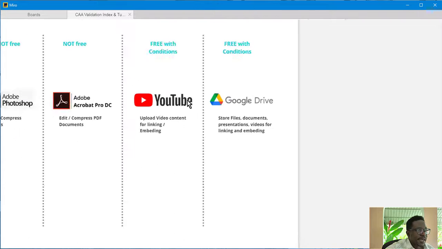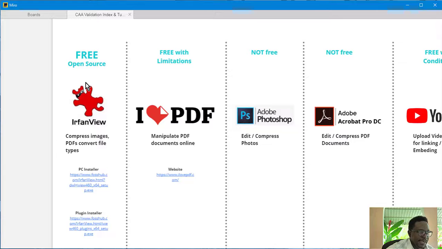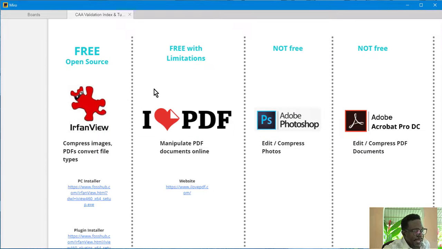Okay. Now, for some of us, especially the Design Studio modules that have large PDFs, maybe PDFs that have a lot of pages, you're going to have to manipulate these PDFs, compress them, split them, and so forth. So here are a couple options that you can use. Some of them are free, some of them are not free. For example, Photoshop